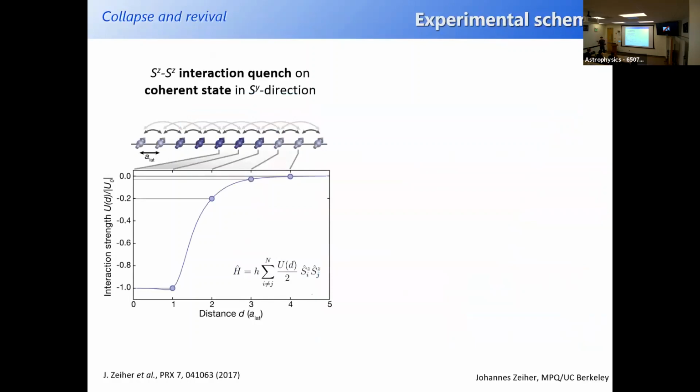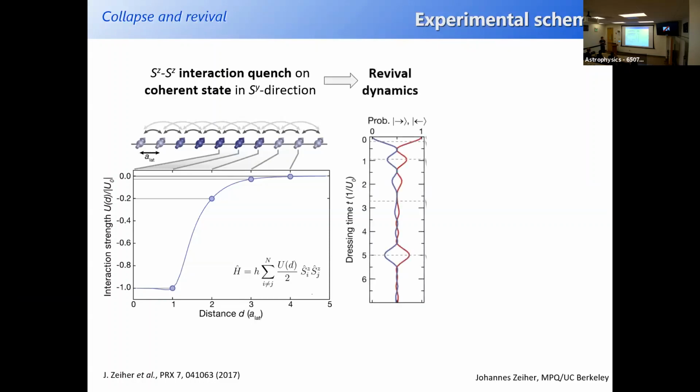And in order to do that, we prepared a spin chain in a state aligned with the y-axis on the Bloch sphere. So we started with all spins up and applied a pi over 2 microwave pulse such that all point in the y direction. And then we quench on a spin-spin interaction, this Rydberg dressing interaction now. So it's this characteristic soft-core interaction with a CZ character. And of course, because the y spin eigenstates are not eigenstates of CZ, you would expect some dynamics. And the dynamics you expect is this revival dynamics.